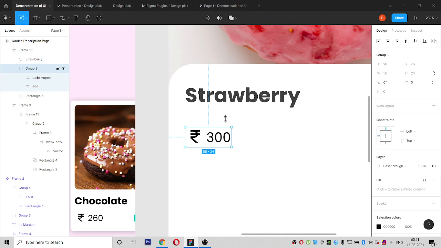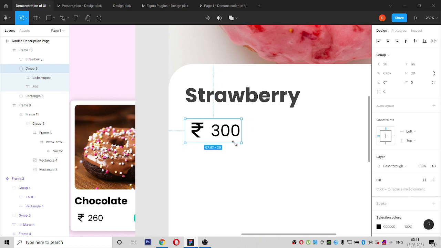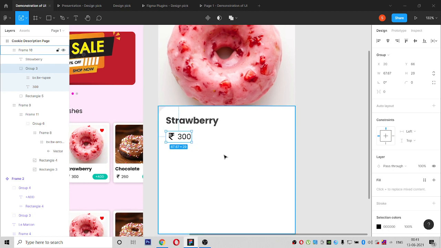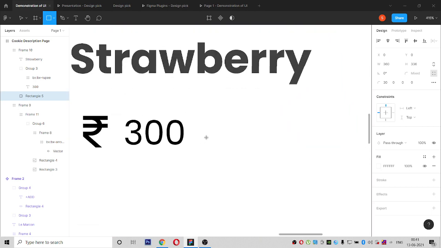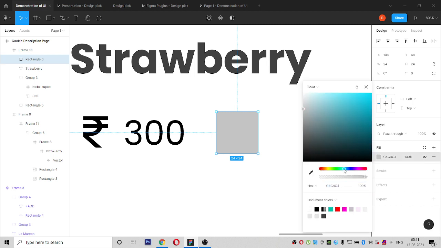So this will be sometimes useful, and let it be these two, let it be 10, adding let it be 10, and once the item is added, it should show it as a card, right? So we'll give 24 and give the color, corner radius 2,